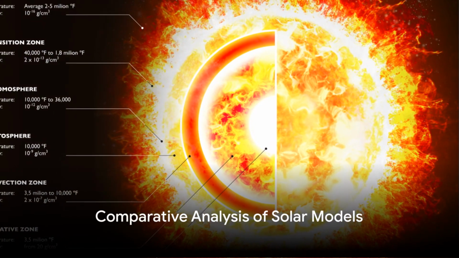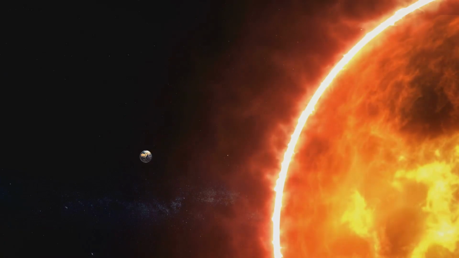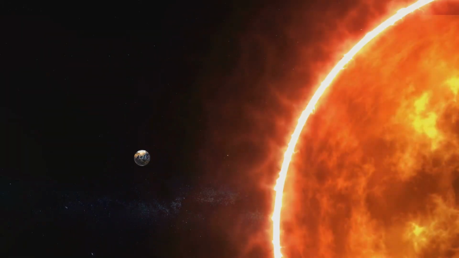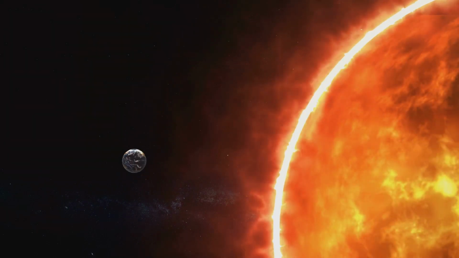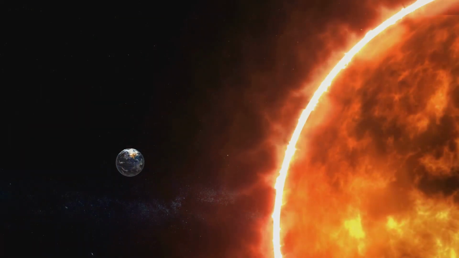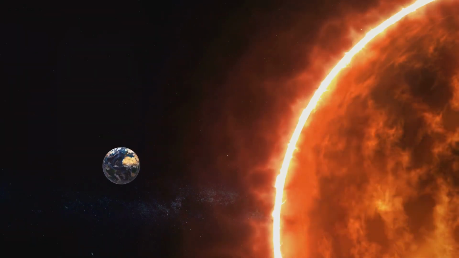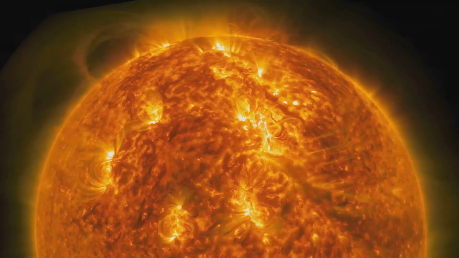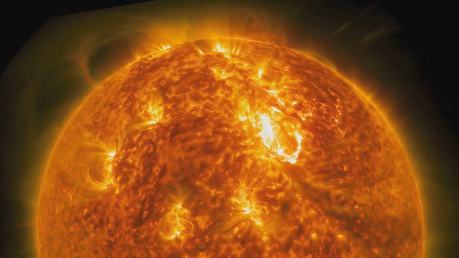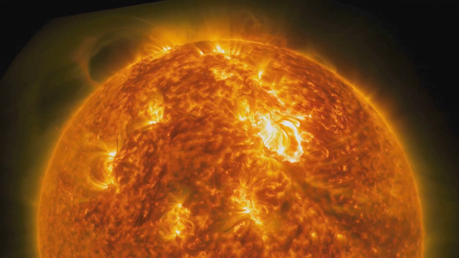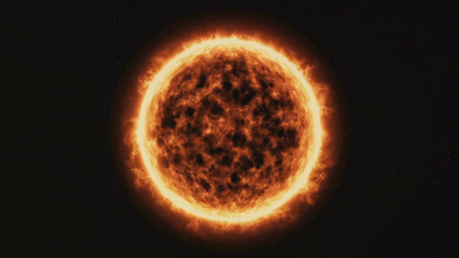Comparative analysis of our sun's solar temperature models: traditional fusion theories versus the Unified Theory of U. Abstract. This paper provides a comparative analysis of the traditional nuclear fusion model of the sun against a new theoretical paradigm presented in the book The Unified Theory of U, which posits a fundamentally different mechanism for solar phenomena based on the dialectical interaction between the sun's subtle magnetic field, SMF, and the relative vacuum of space, RVS.